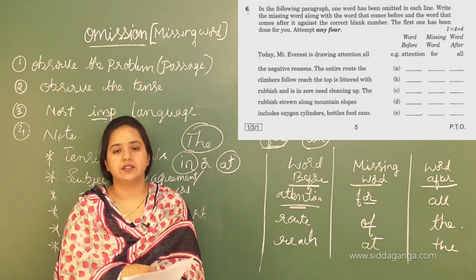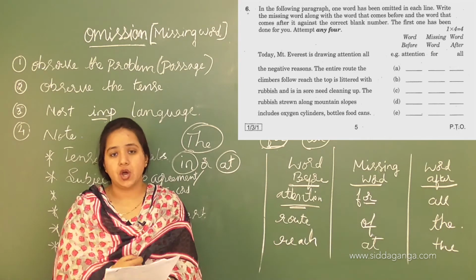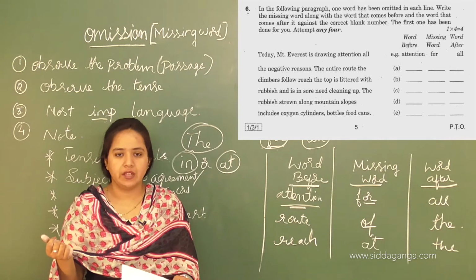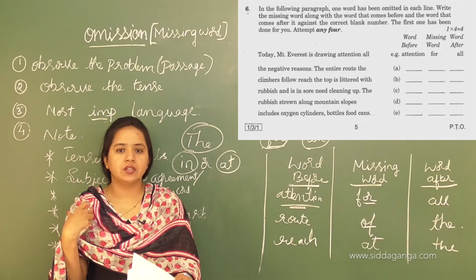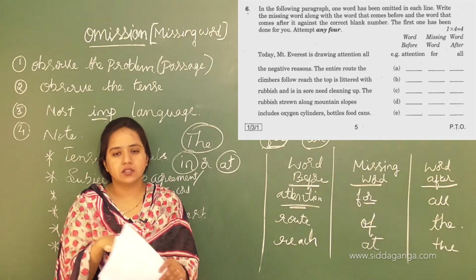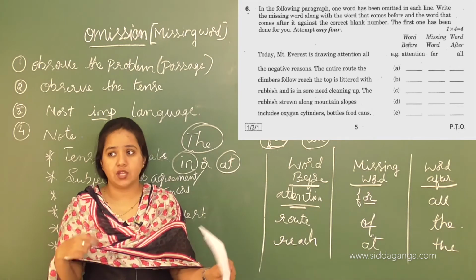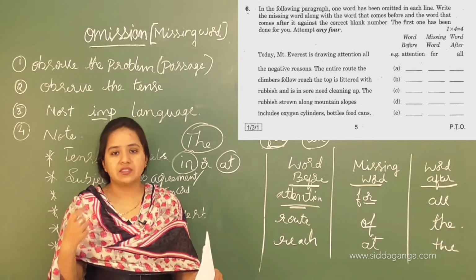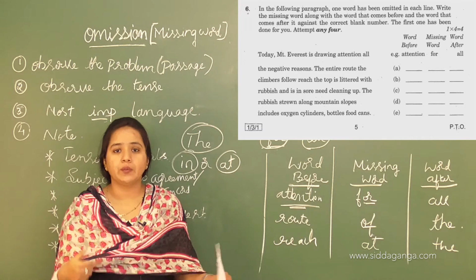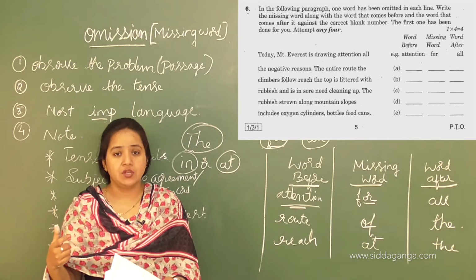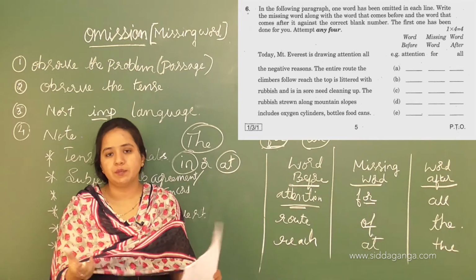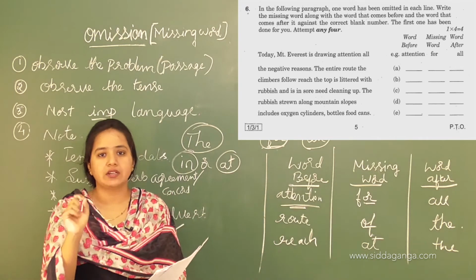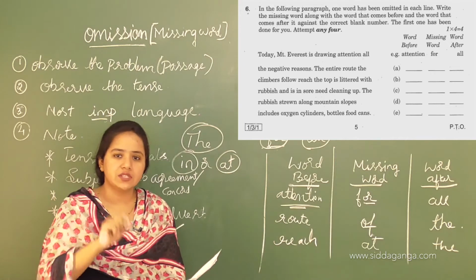What is the meaning of "littered"? That means garbage or trash. While people were climbing Mount Everest, so many people were not bothering about cleaning the environment. They are polluting it. People used to throw all the trash and garbage there on the way when they were climbing Mount Everest. So this is the negative side for the people. Okay, so this is the passage, and now you clearly understand its meaning.